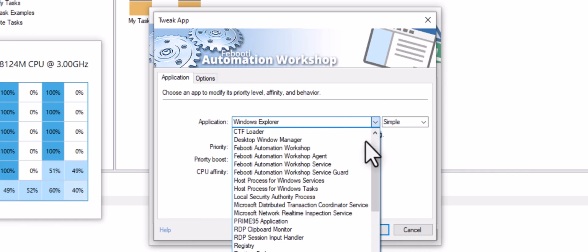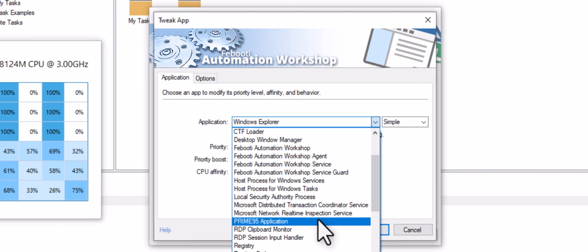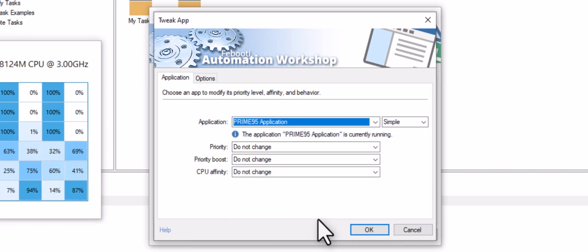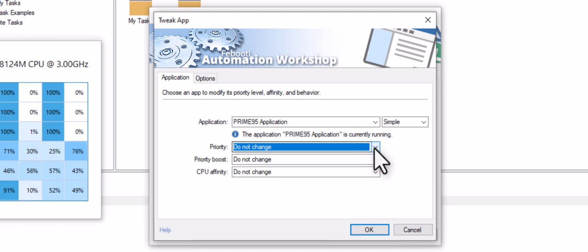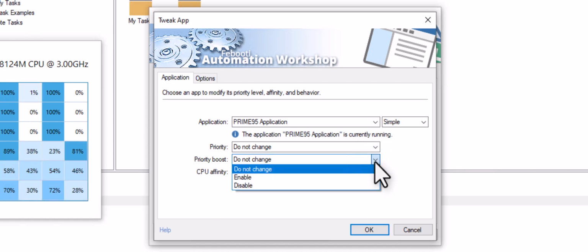In our case, it is Prime95. The Tweak App action allows you to modify the CPU priority for an app. This is the same priority that can be modified using Windows Task Manager. Also, it is possible to enable or disable the CPU priority boost. But I will leave these settings as is for this workflow.